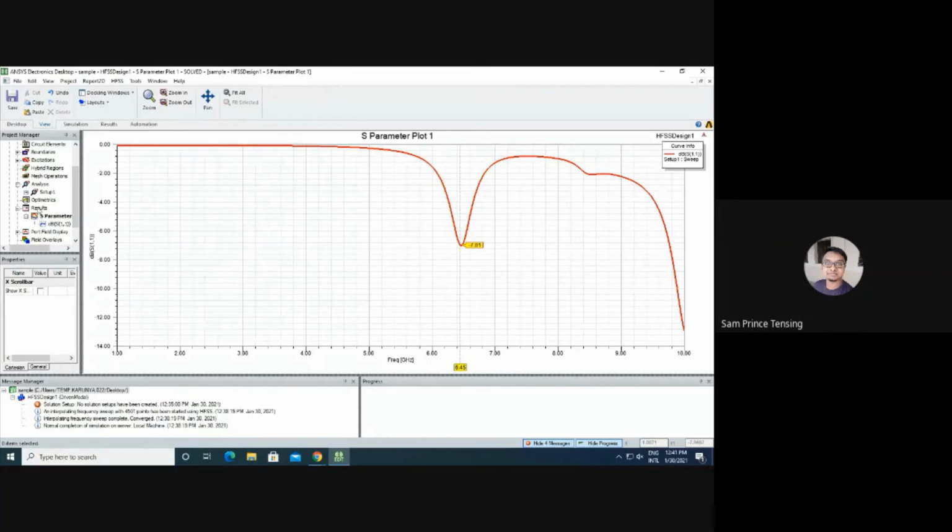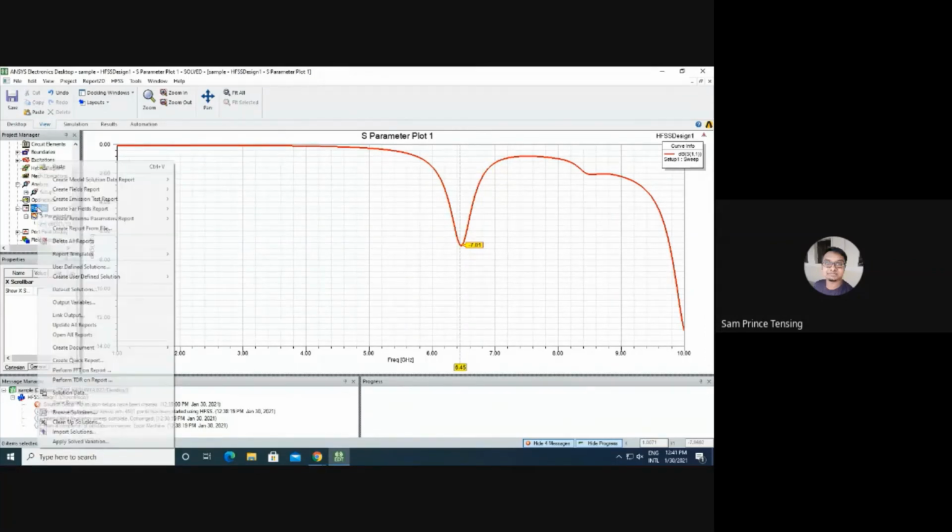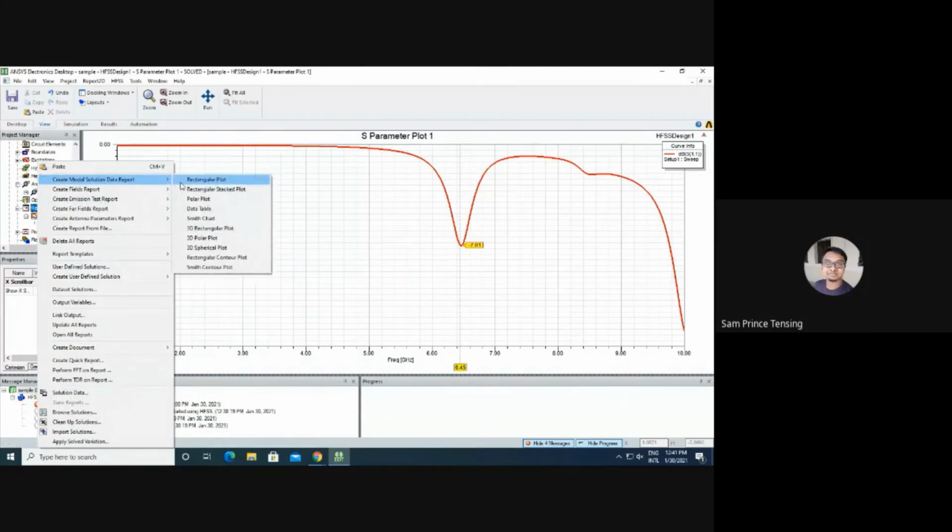Next, we'll go for another parameter called VSWR, voltage standing wave ratio. All these definitions you can go through in the Balanis book, by Constantine A. Balanis, titled Antenna Theory. You can look over that book for all the definitions for return loss, VSWR, gain, directivity, radiation pattern, everything. I'm just telling you about it here in the simulation.